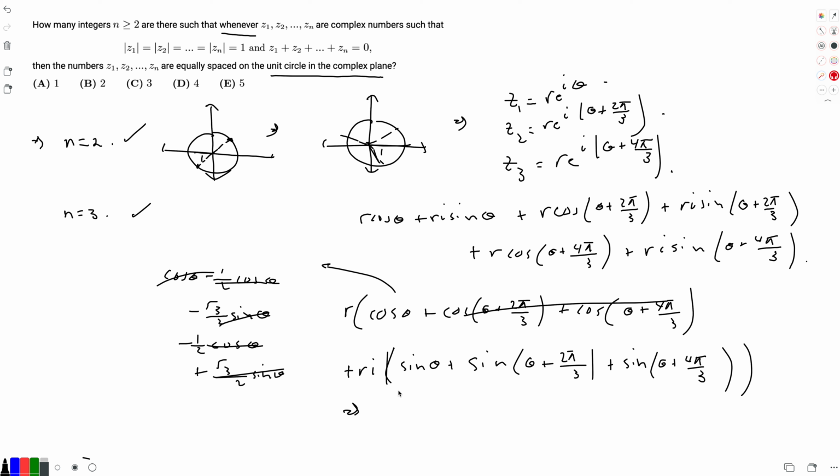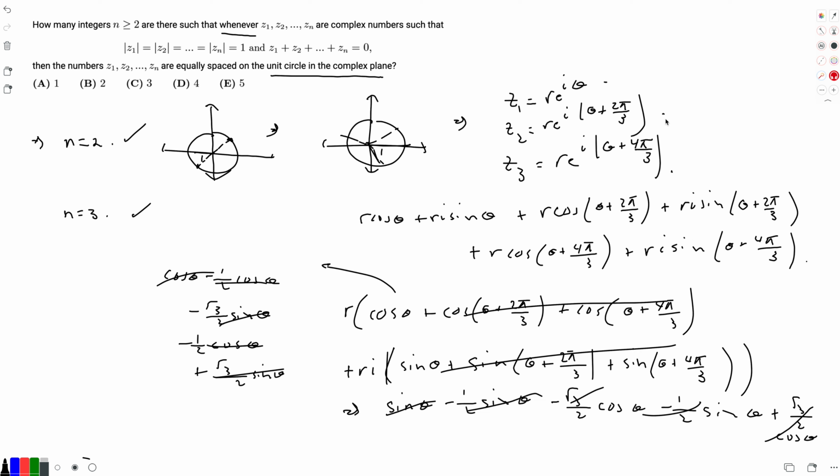Okay, what about this? Sine theta, and then using the sum to difference identity, sine theta cosine 2 pi over 3, that becomes negative 1/2 sine theta. And then minus cosine theta sine 2 pi over 3, that becomes negative root 3 over 2 cosine theta. And then sine theta cosine 4 pi over 3, that becomes negative 1/2 sine theta again, and then negative cosine theta sine 4 pi over 3. So that becomes double negative, positive root 3 over 2 cosine theta. Everything cancels. So we see that if they're spaced 120 degrees apart, the sum is 0, therefore n